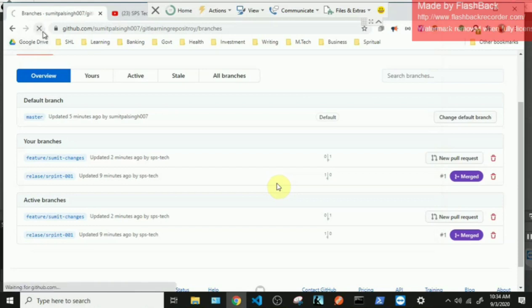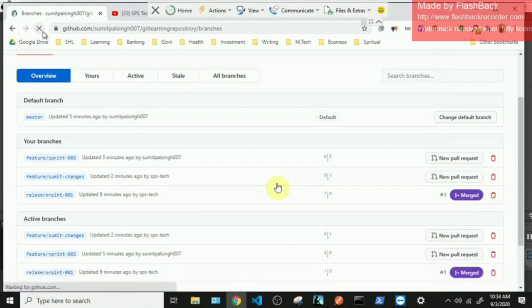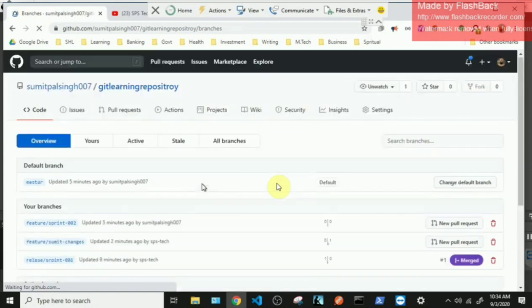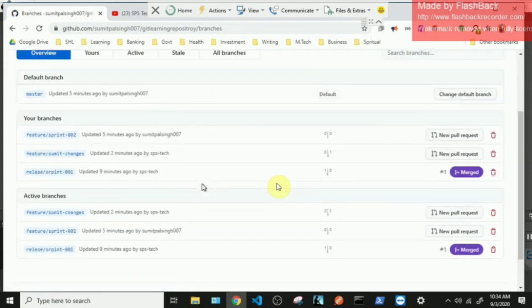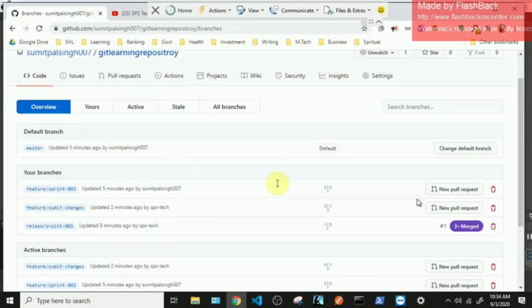Now what Sumit will do, since Sumit is working in sprint 2 and he has made a change, he has committed his code change into Sumit changes. Now we'll raise a pull request for Sumit changes. So see, adjacent to the branch name, it is showing a new pull request option. I'll just click on new pull request.